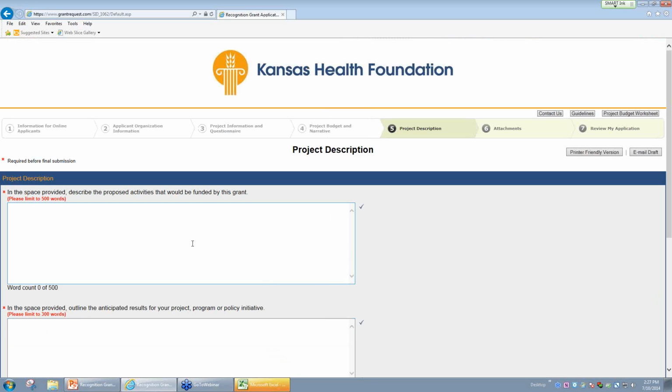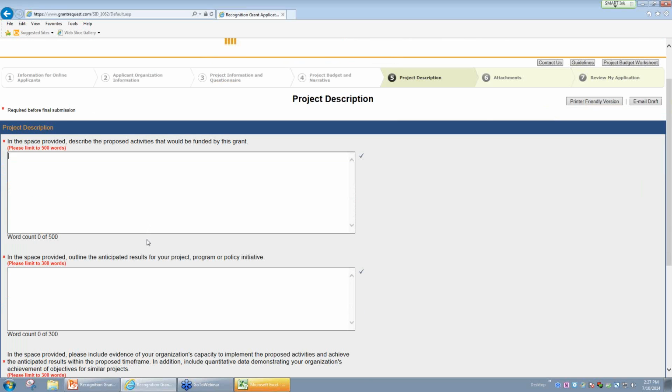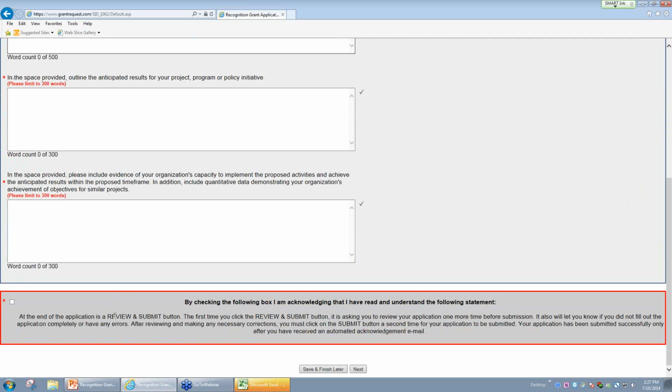I'll click the next button, and it's going to take me to the project description page. And here we have 3 questions. And again, please notice the word limit. At the very bottom of this page, you'll see outlined in red with the check mark option. We need you to check that, and that's just telling us that you have read this box and understand that on the very last page that we'll get to here in just a moment, there's going to be a review